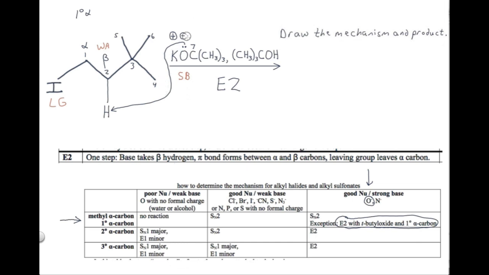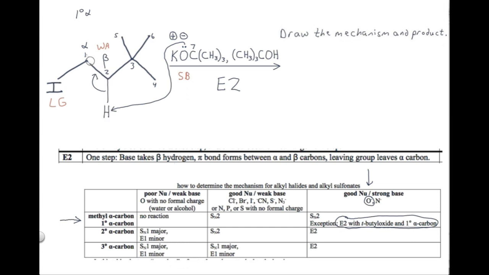It should make sense that we want to put the negative formal charge at the tail of the electron pushing arrow. Electrons want to move away from a negative formal charge. Now we need an arrow to show the pi bond forming between the alpha and the beta carbons, and that arrow looks like this. We have to break the bond between carbon 2 and the hydrogen,